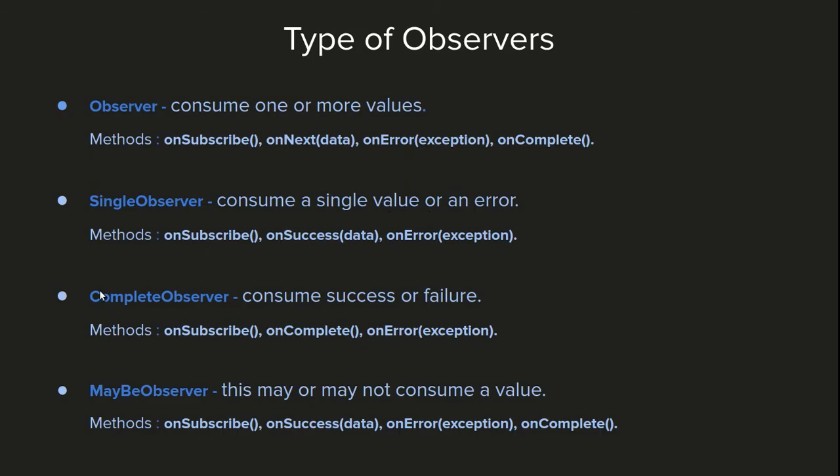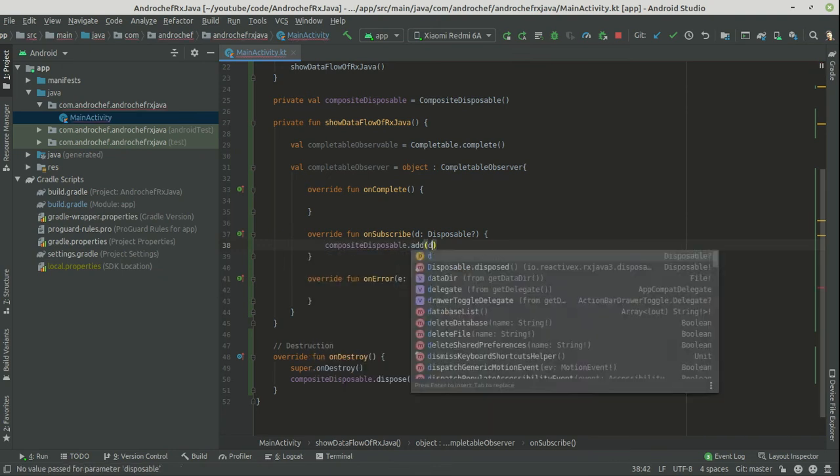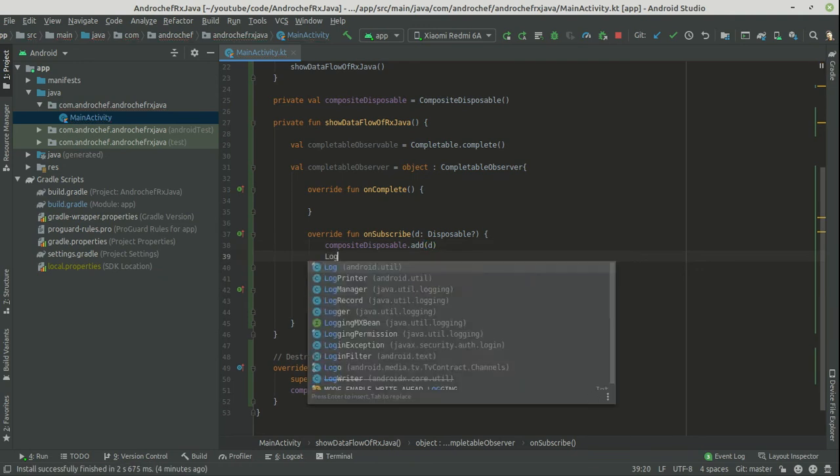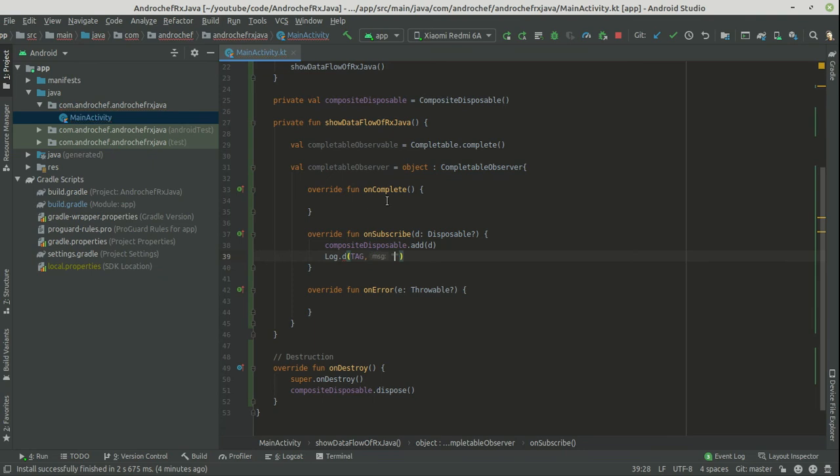So as per our PPT, let's add this subscription to container. Let's log this one as on subscribe.